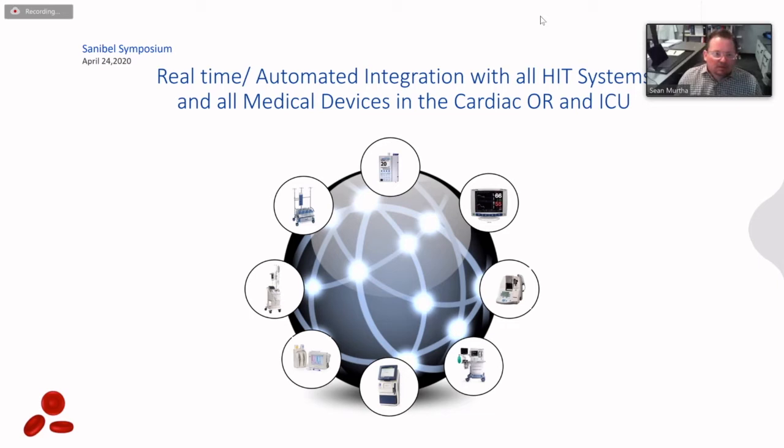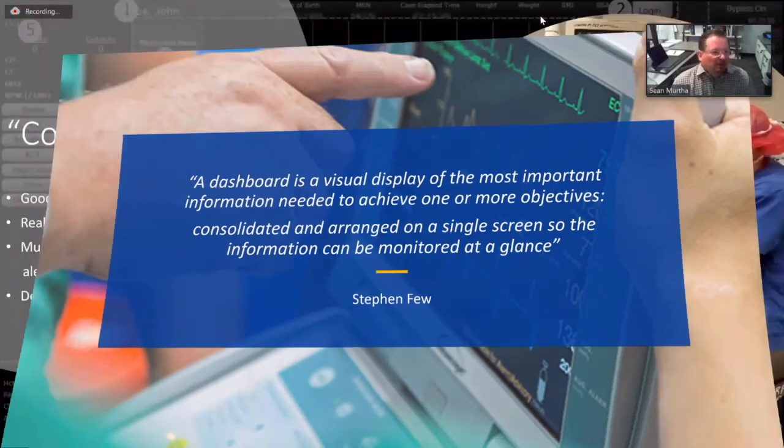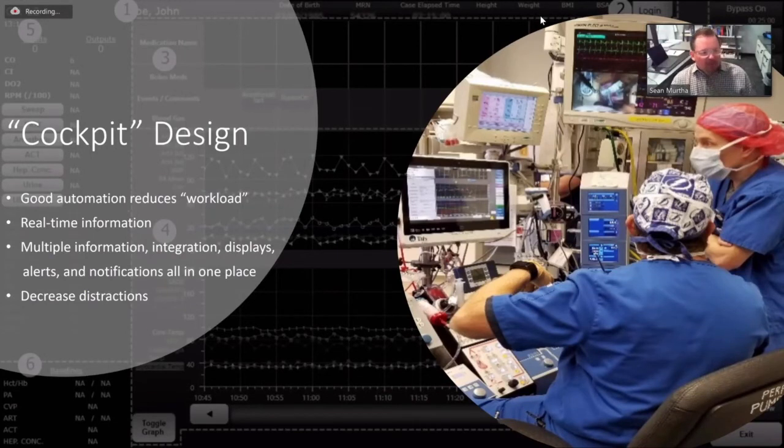And then we get back into looking at this fundamentally. This is a really interesting quote: a dashboard is a visual display of the most important information needed to achieve one or more objectives. So that's where we get to the point that the approach is not replacing the alarms that we currently have, but consolidating the information that we really need at the time of care that will most help us. So looking at trends together and things like that. Basically, automating for reduced workload, more real-time information, and more integration,